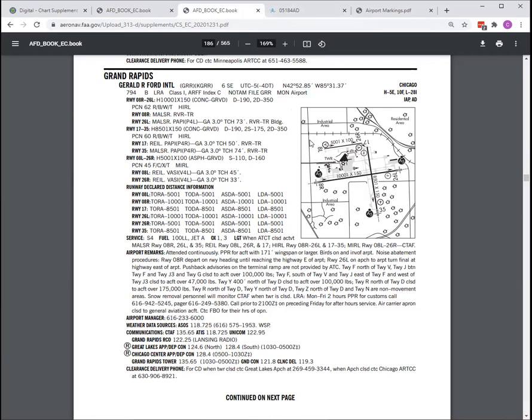As far as your written exam goes, they might give you a page like this and ask you a question about a certain part. I don't remember getting one like that, but they might be out there. More often than not, you'll see this come up in the oral exam when you're taking your check ride. They'll probably bring out a chart supplement, or ask you to use a chart supplement, and they'll ask you a question about, I don't know, what are the